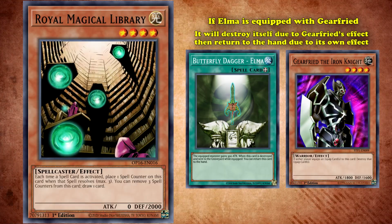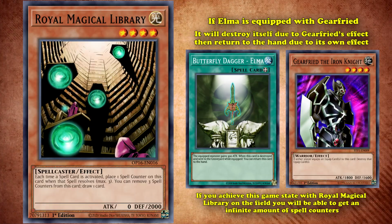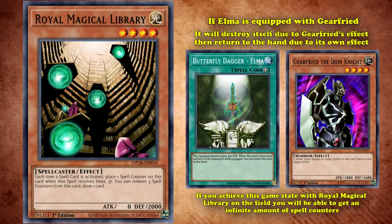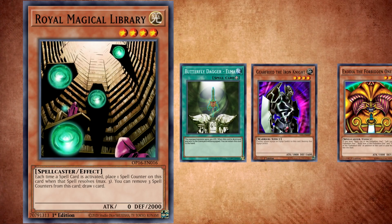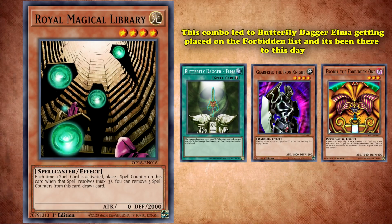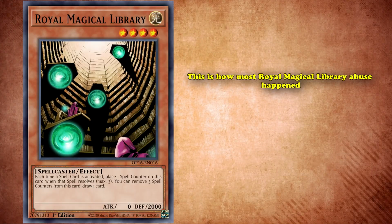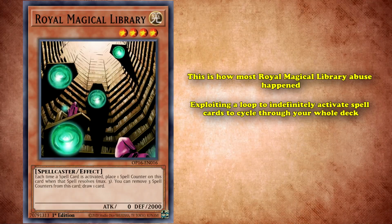its own effect. This can be done indefinitely, which means that if you achieve this game state with Royal Magical Library on the field, you will be able to get an infinite amount of spell counters. You can then draw through your whole deck with Library's effect, letting you win through Exodia. This combo led to Butterfly Dagger Elma getting placed on the Forbidden list, and it's been there to this day. This is how most Royal Magical Library abuse happened, exploiting a loop to indefinitely activate spell cards to cycle through